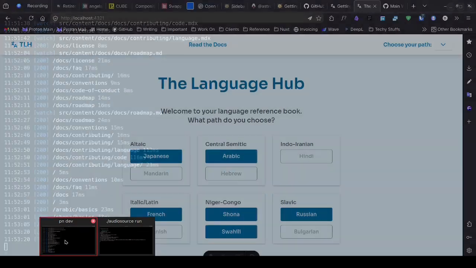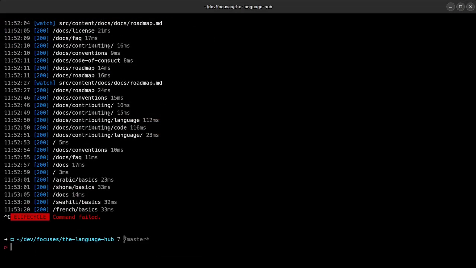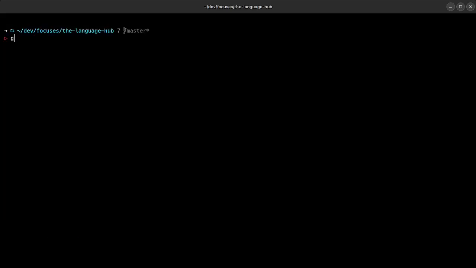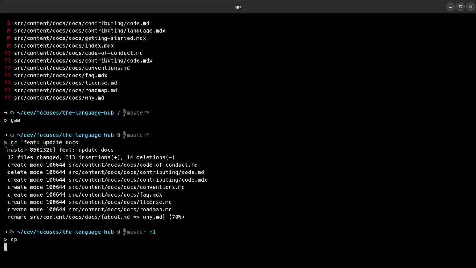So that being said, let's push some changes, and I think this is the last time I will be working in the master branch. I'm going to switch to a different branch afterwards, so I can do the actual GitHub flow that's supposed to be done correctly. Git status. Okay, we can commit everything. Git commit. This is feature update docs. Then push these changes.